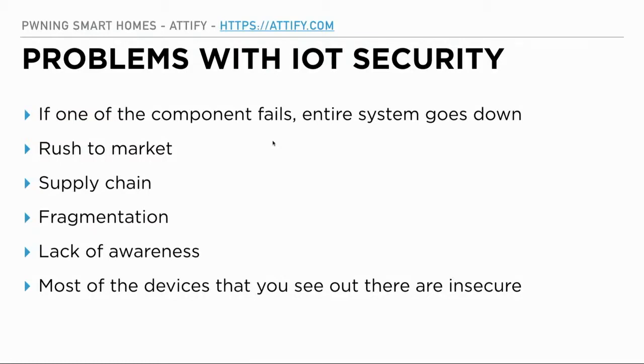Also, one of the other reasons is fragmentation. Since IoT is relatively new, a lot of companies are coming up with their own standards and their own sets of protocols, and that causes one of the biggest security issues, because there's no standardized approach to actually build an IoT device, right? So you have so many different protocols to choose from, and there's not enough research done on any single protocol. So you might end up using something that has had less research, and that might have a security issue.